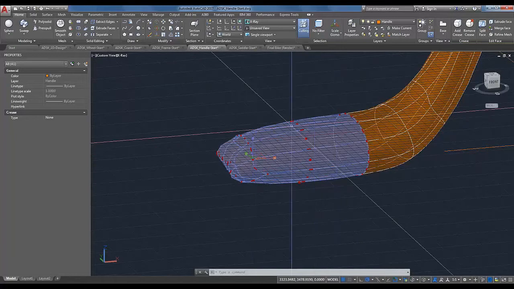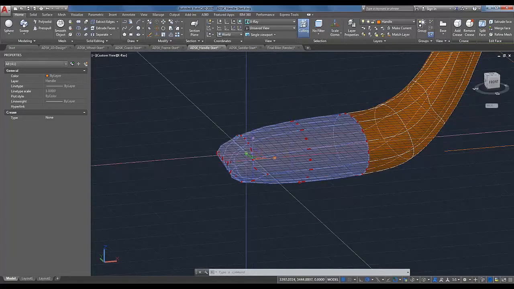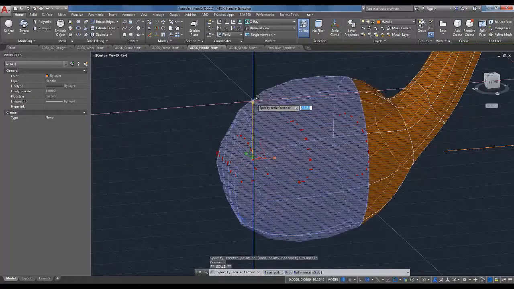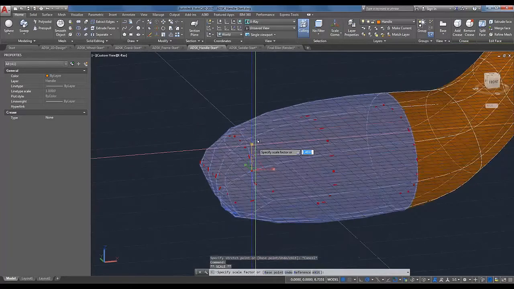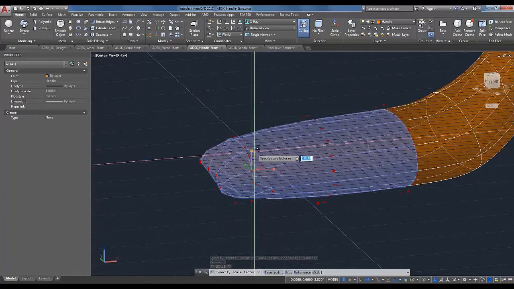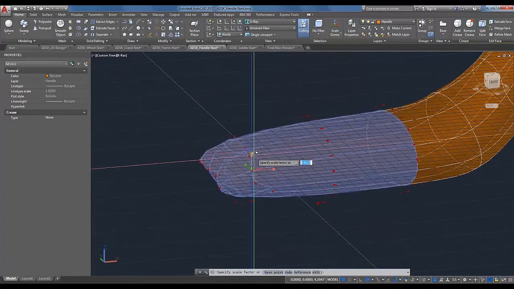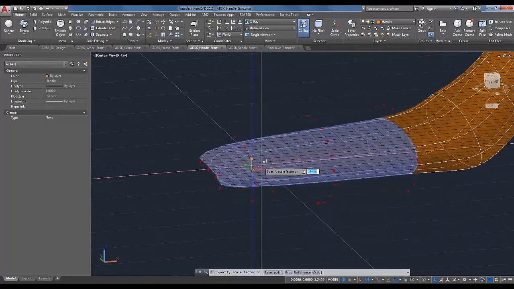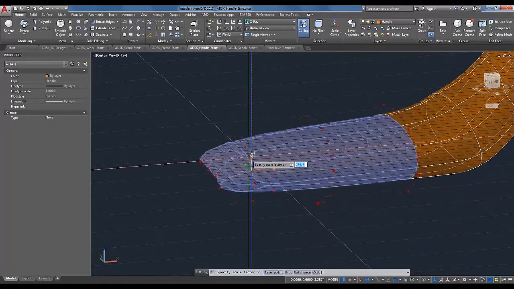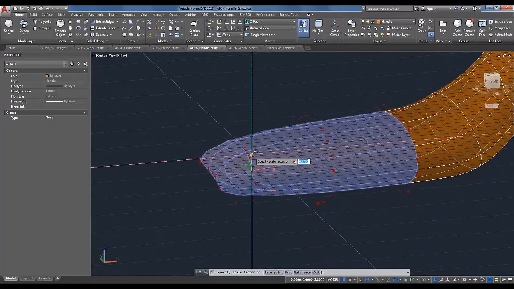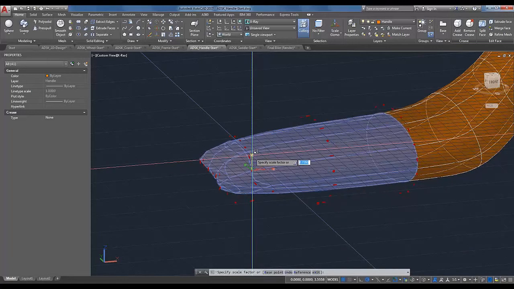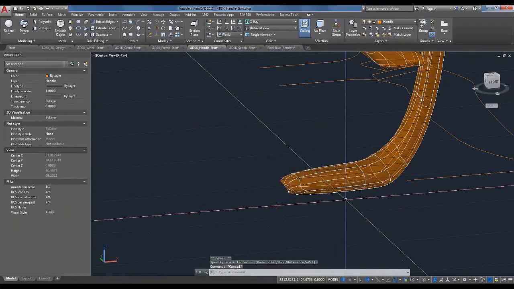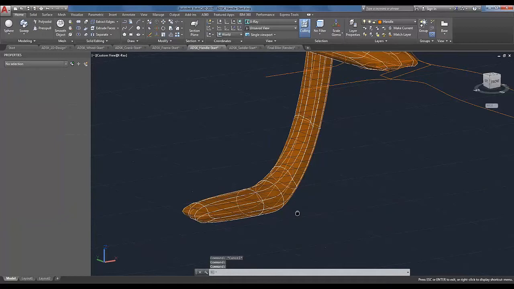And this one's pretty cool. If I have this gizmo active and I have my faces selected, I can grab the different axes and stretch things out or taper things down. I could do some pretty cool things by scaling these faces and having them control how the rest of the design looks. So generally speaking, I think they tend to taper more towards a point. So I'll scale down,